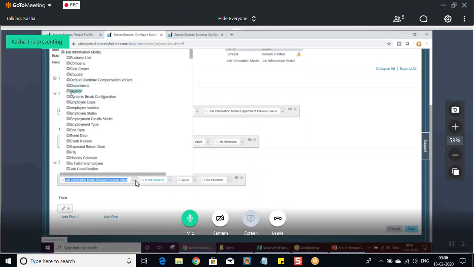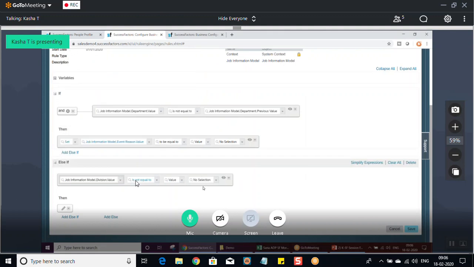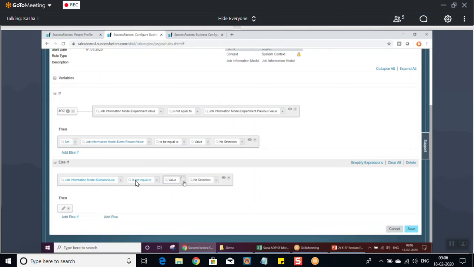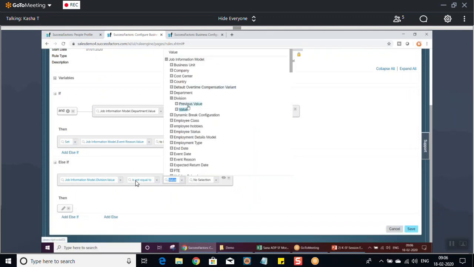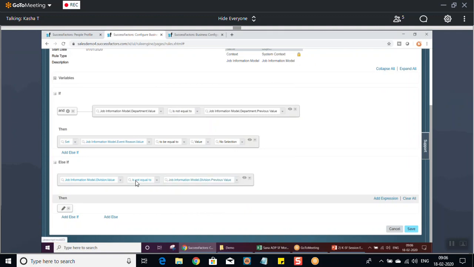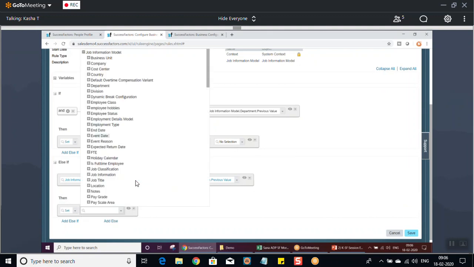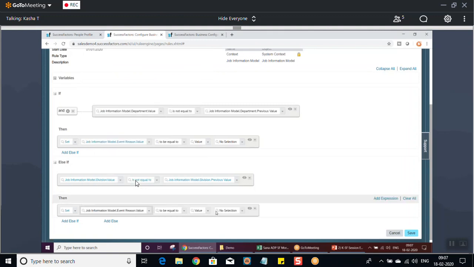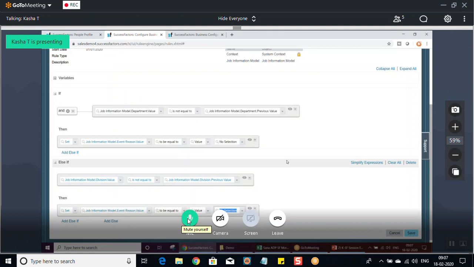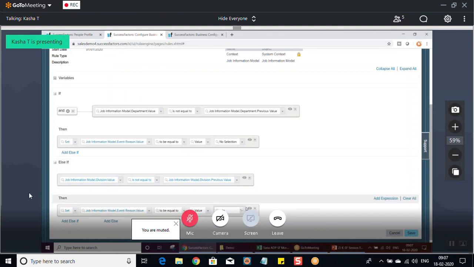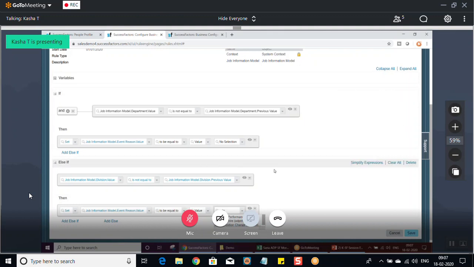So if your division value is not equal to your previous value, or where has it gone. If it is not equal to the division of your previous value, then what it should do is set your department also, right? It should create an event reason. Where is the event reason? Here is the event reason, right? So it should set your event reason value, whatever event reason you have created, you can assign. I have not created any event reason for division or department, so I'm not assigning, but this is how you can create your